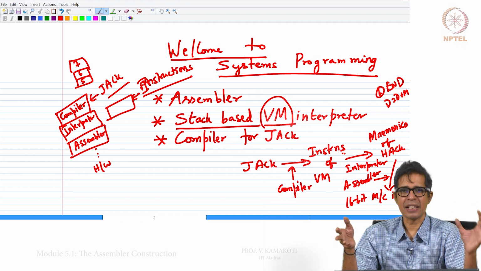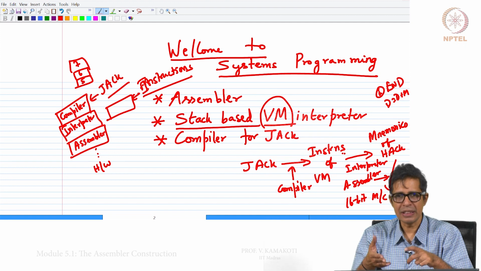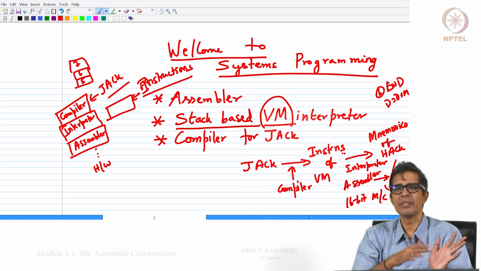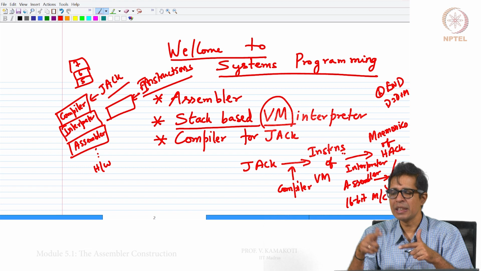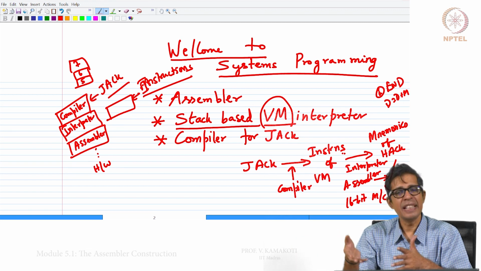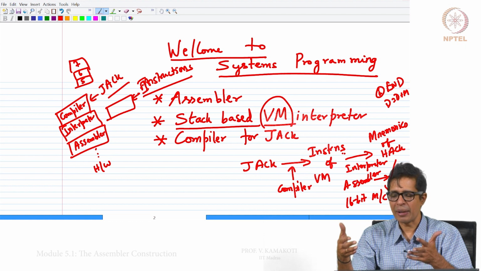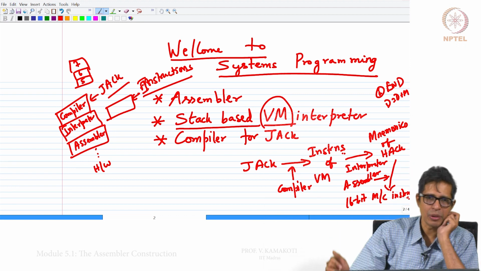The entire Jack program will be converted into instructions of the virtual machine. We will be introducing the virtual machine and its instruction set, and this compiler will compile to that. Then the instructions of this virtual machine will get converted into the mnemonics of Hack by the interpreter that you will be writing, and then those mnemonics will be converted into 16-bit machine instructions by the assembler that you are writing.